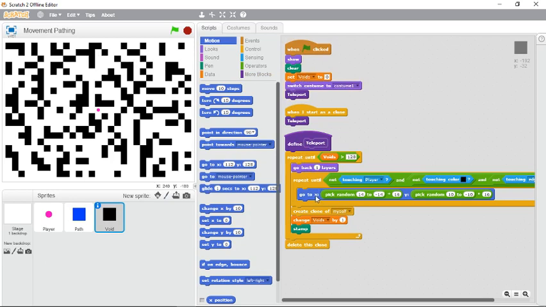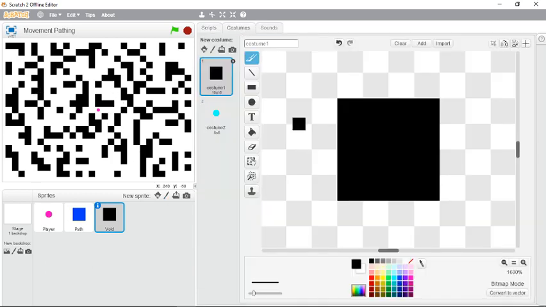that will go to a random spot, okay, and it will create a clone of itself, and then it will stamp itself down because it's a 16 by 16 block, as you can see, 16 pixels by 16 pixels. It's exactly 16 pixels because I use the paintbrush in bitmap mode, so it's quite accurate, just like that. When I say quite accurate, it's exactly 16 by 16, okay, and